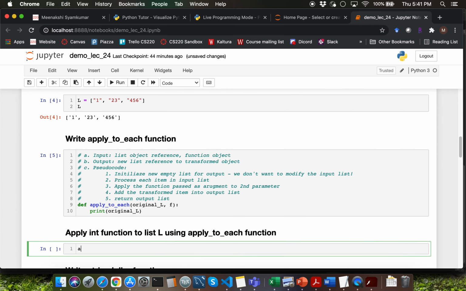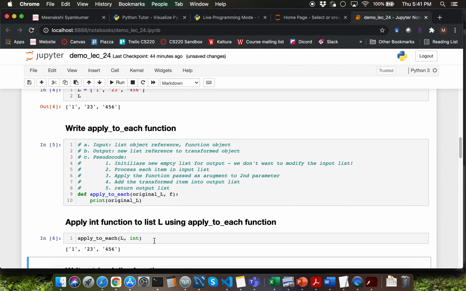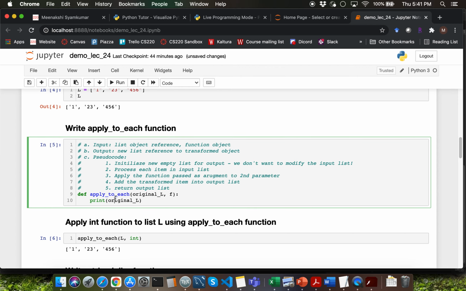I'll be invoking the apply_to_each function by passing L as the first argument and the integer function object reference int as the second argument, because we want to apply the int transformation function to all the items within L. Let me run the function invocation cell. Observe that we are getting the original list as such.